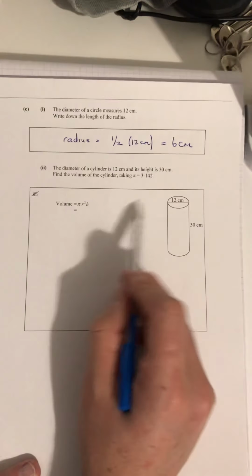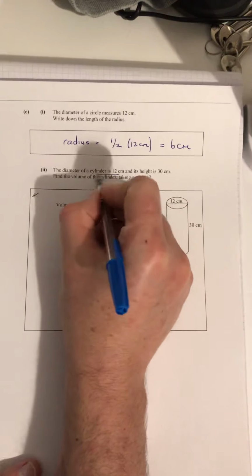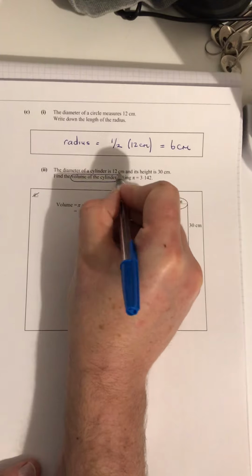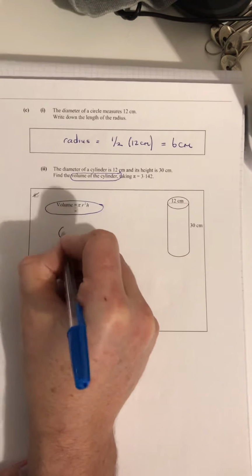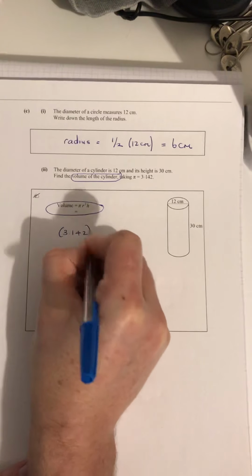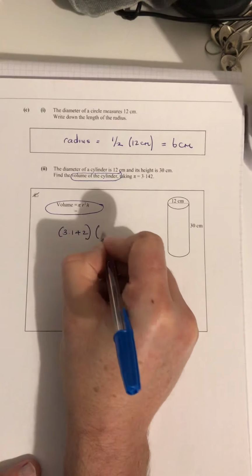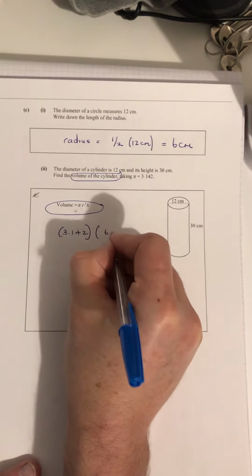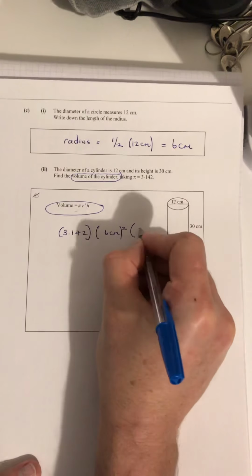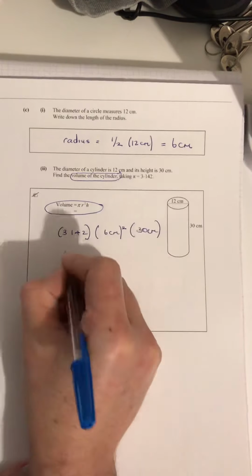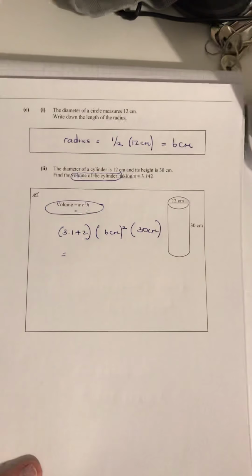Again, we're asked to find the volume of a cylinder, and we have the formula for volume. So pi is 3.142. The radius is 6 centimeters squared, and the height is 30 centimeters. So multiply that out on your calculator,